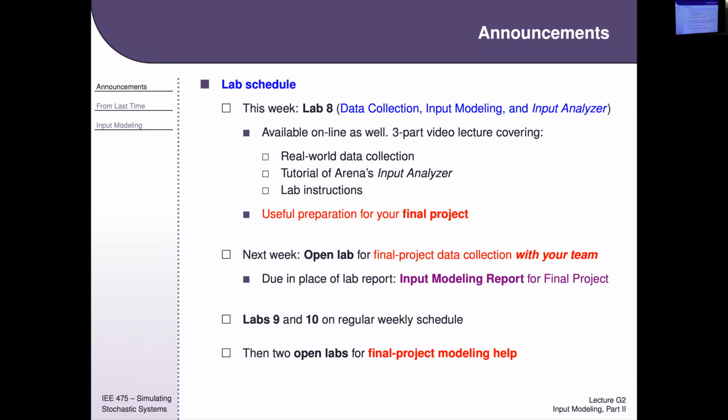So this week's lab is lab 8. Of course, I extended lab 7 till tonight in case you're still working on any of that. Lab 8, like I said, is a data collection lab. So it's really meant to prepare you for what you're going to be doing next week as you start collecting input data on the systems that you're maybe thinking about picking for